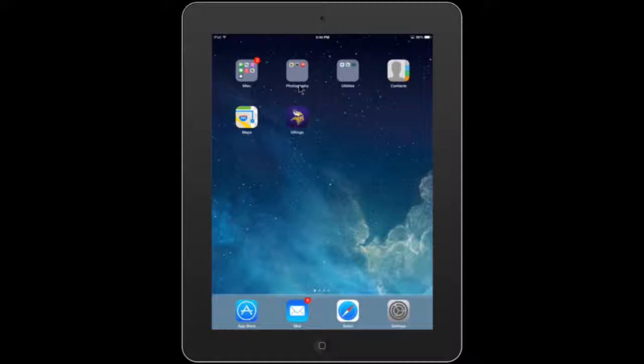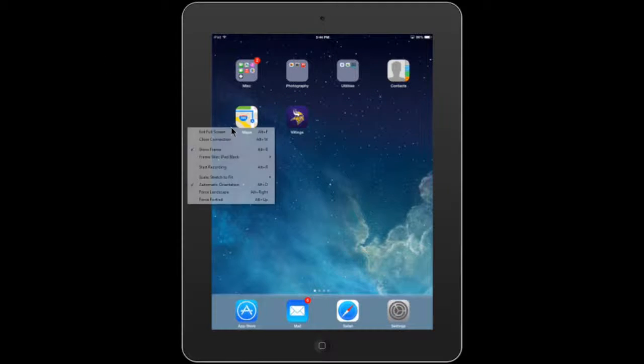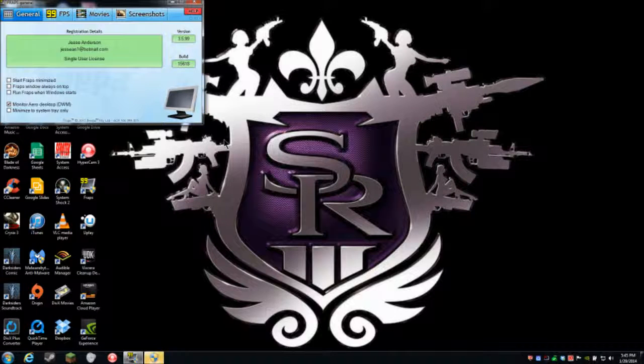So what I'm going to do, because I have this limitation right now, I am going to right click and disconnect my device, so it has been officially booted. It is no longer in AirPlay and it is no longer connected to my PC. So, if you're not recording it,